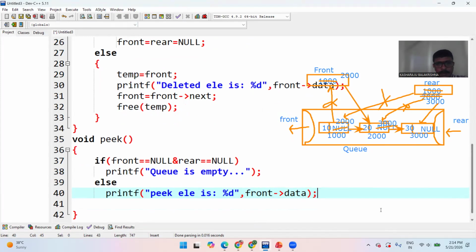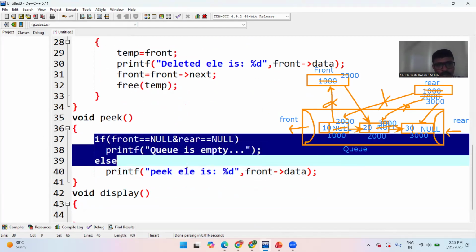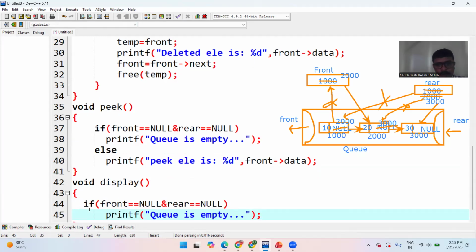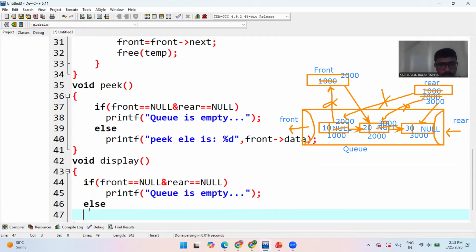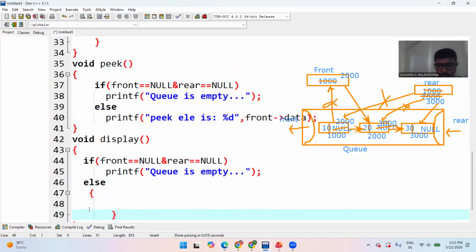Clear. Done. Okay. The next thing we need to do is display. Void display. So again, we need to check whether the queue is empty or not. Else, what we need to do here, again, we need to take help of